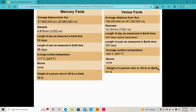So here are some facts about both Mercury and Venus. The average distance from the sun of Mercury is 35,983,000 miles, and Venus has an average distance from the sun of 67,200,000 miles. The diameter of Mercury is about 3,032 miles, and the diameter of Venus is about 7,521 miles. The length of day as measured in Earth's time is actually 59 days on Mercury, and it is